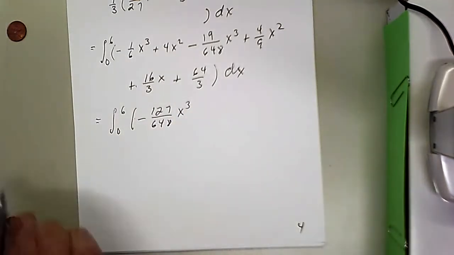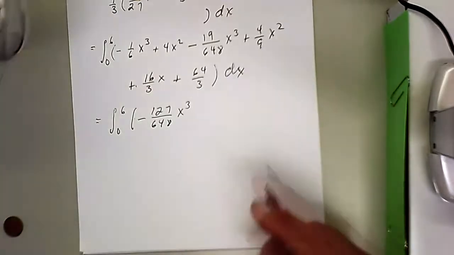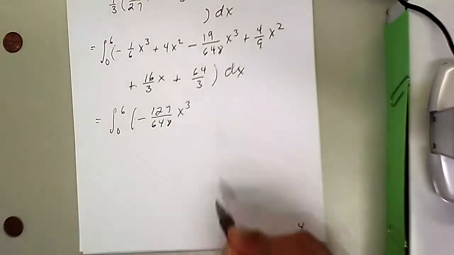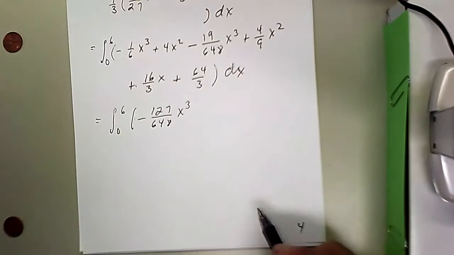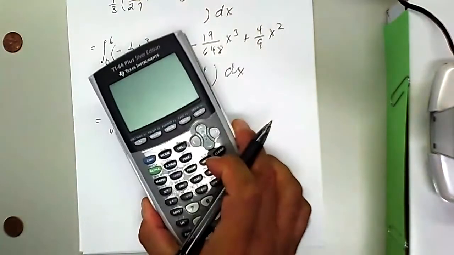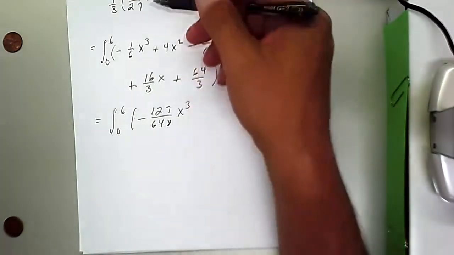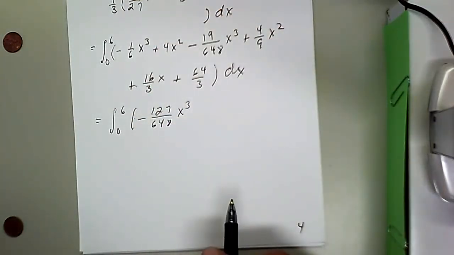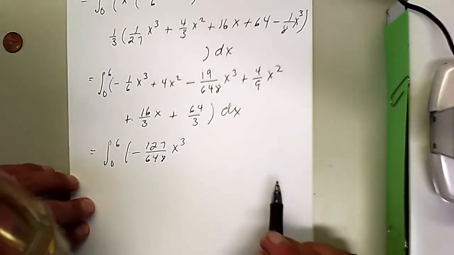When you do your work for assessments in my classes, please do not use a graphing calculator to obtain the numbers. Just use a basic calculator like this one to obtain your results. Now, of course, when you're at home, after you finish this up, you can double check your answer by punching your original integral into a graphing calculator. That is okay. But for purposes of showing the work for the assessments, I do need to see your algebra, the algebra that is going to be part of the assessment,